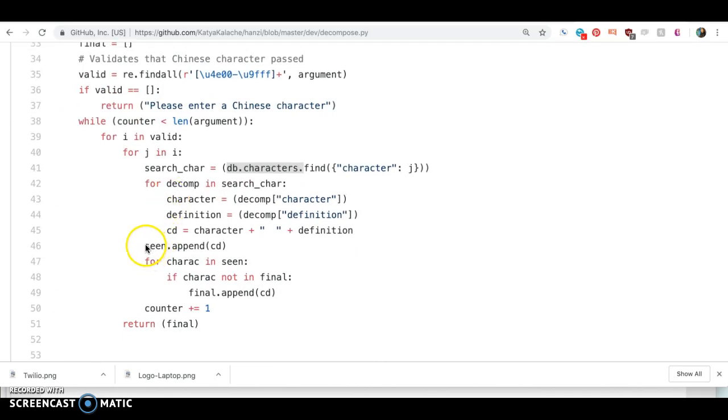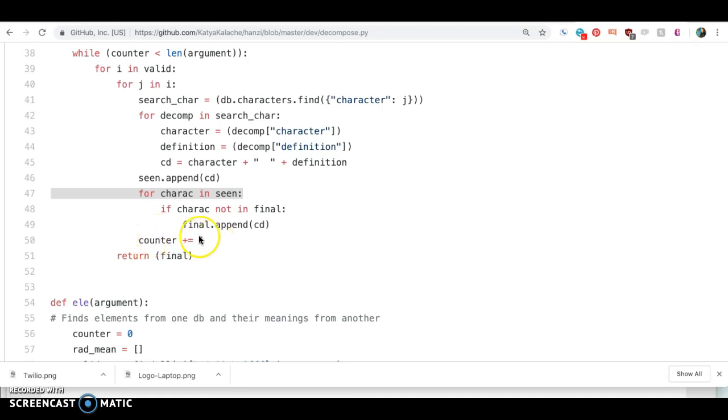Here I have seen, and this is basically a check, because sometimes a Chinese word is a combination of 2 of the same characters, and we don't want to just be adding the same characters and keys of these characters to our final list. And once we are done with reading all the characters and the meanings, we are returning the final